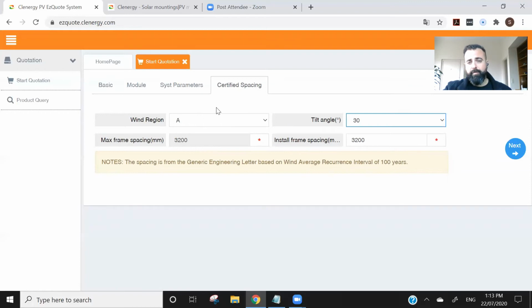So based on all the information we've put in now, it's actually giving us a maximum frame spacing. And this spacing is based on the generic engineering certificates that have been fully analyzed by a structural engineer, signed off by a compliant structural engineer, and these are the frame spacings that it's coming up with based on the information. And so it's pretty good,